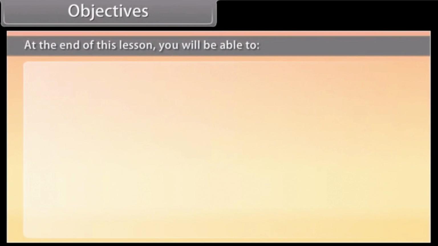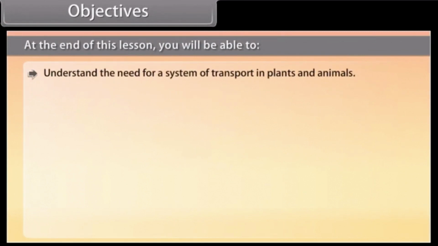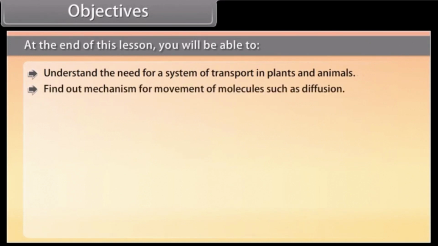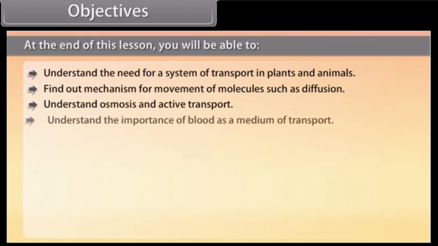Objectives. At the end of this lesson, you'll be able to understand the need for a system of transport in plants and animals, find out mechanisms for movement of molecules such as diffusion, understand osmosis and active transport, understand the importance